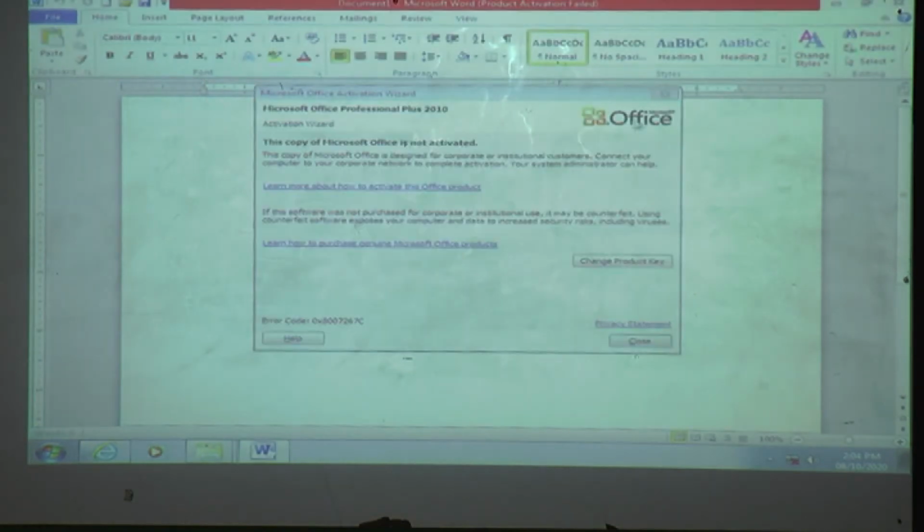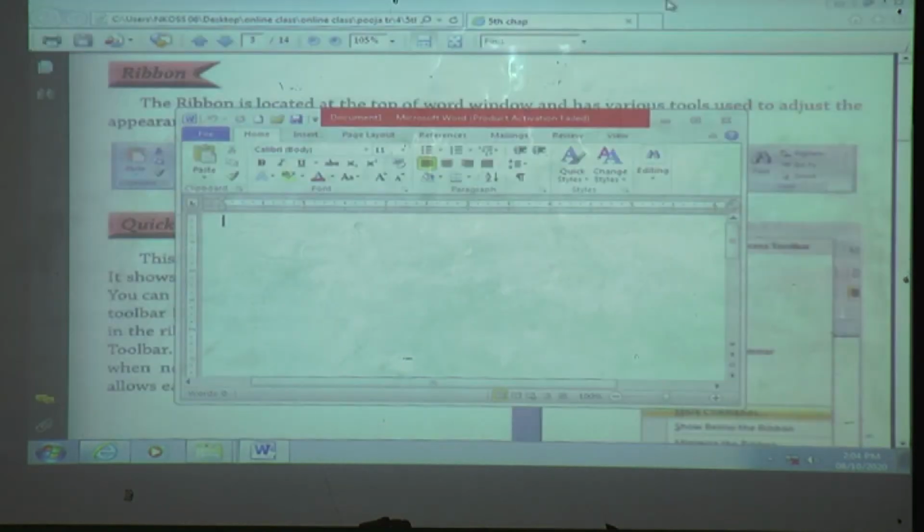You can see here, it is the title bar. This is the Office button. It is the title bar and this full is what? Ribbon. Good. And next it is quick access toolbar.